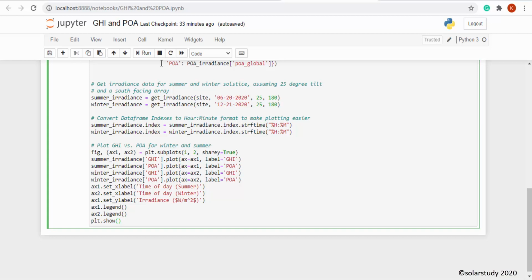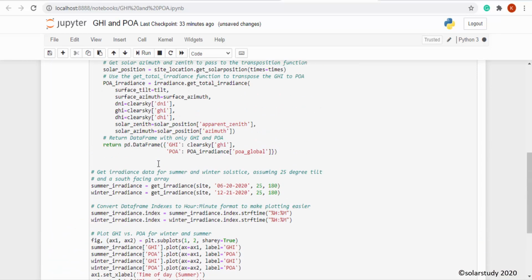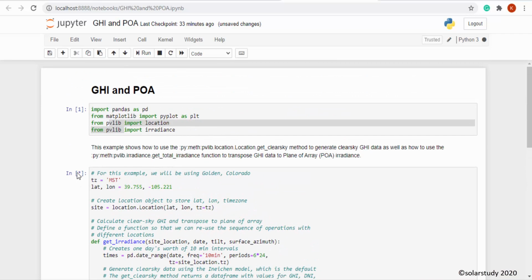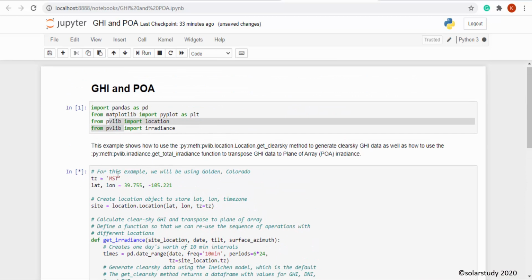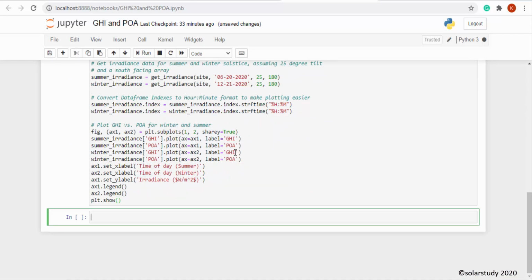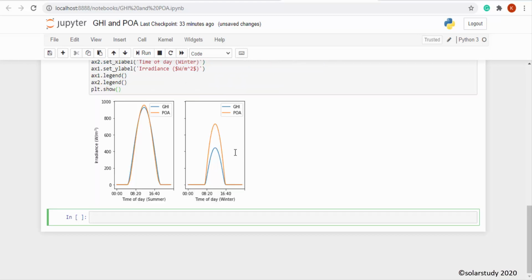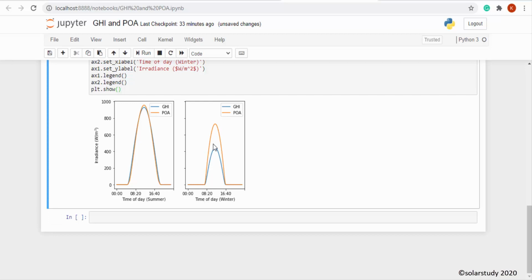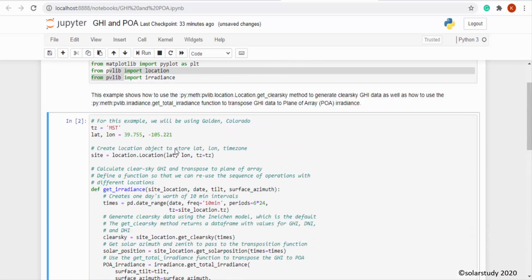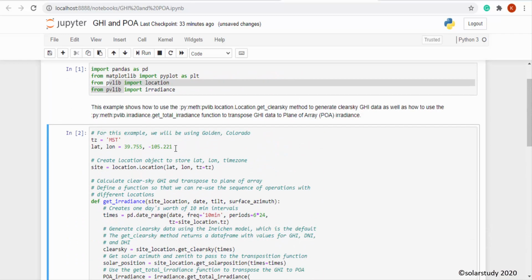So now we will run this one. Here it is showing a star mark, it is running, so it will take around 1 to 2 minutes. Yeah, I got the exact output whatever we have seen in the lecture. So like this we can do the GHI and plane of array.